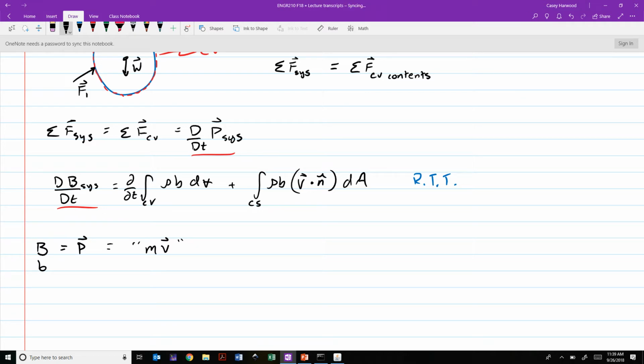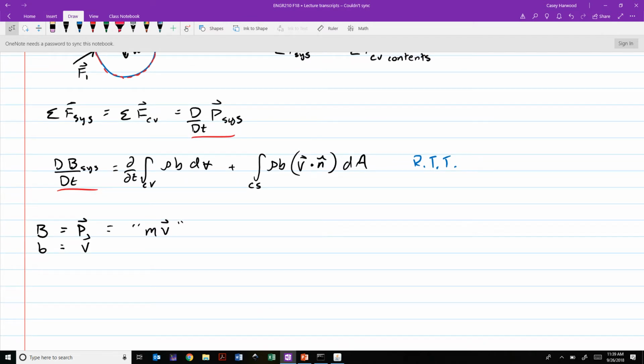And so little b, our intensive property, or the amount of big B per unit mass, then has to be simply the velocity. Okay? So now, substituting those into the Reynolds transport theorem, we get